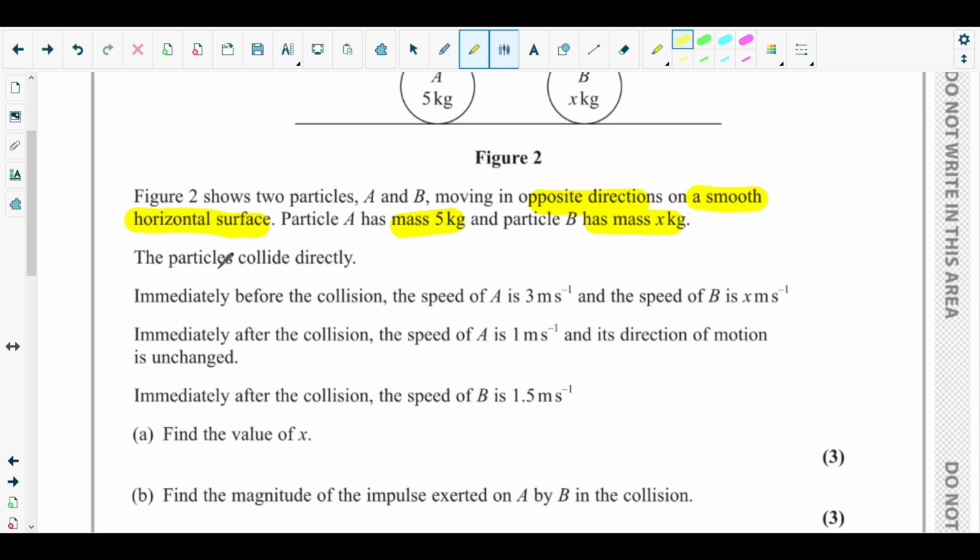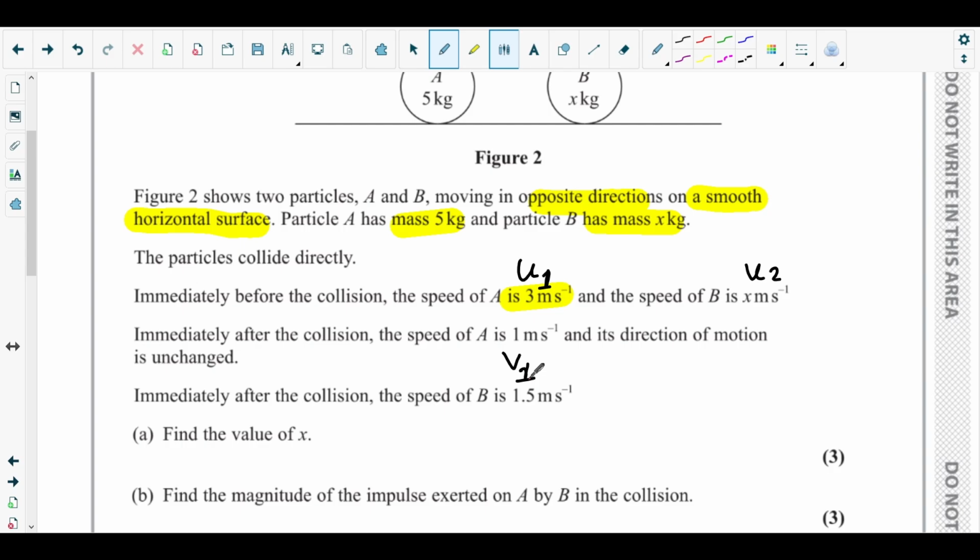So the particles collide directly. They are having a head-to-head collision. Immediately before the collision, the speed of A is 3 meters per second. That is u1, basically the initial speed for the first particle. And the speed of B is given as x meters per second. This is basically u2. And immediately after the collision, the speed of A is 1 meter per second, that is v1, since we considered 1 as particle A,